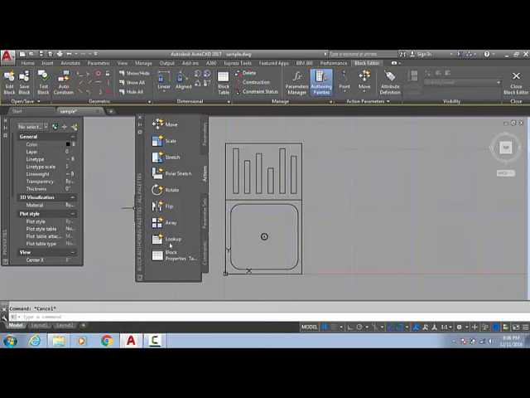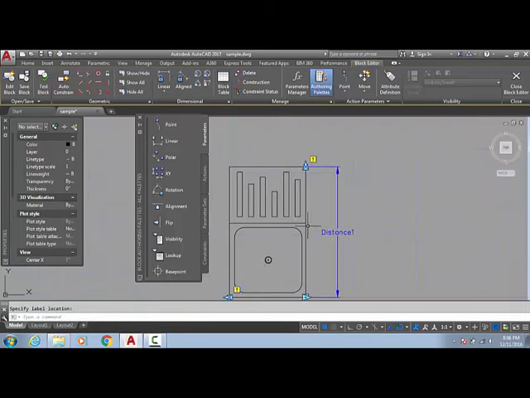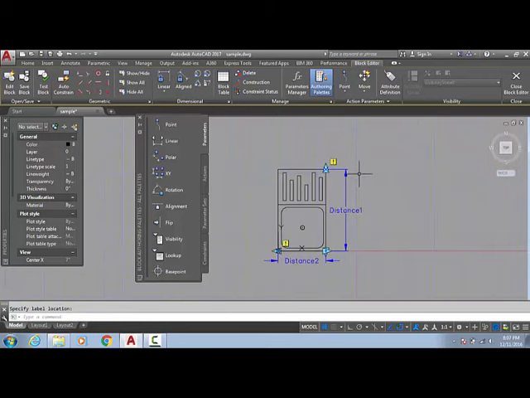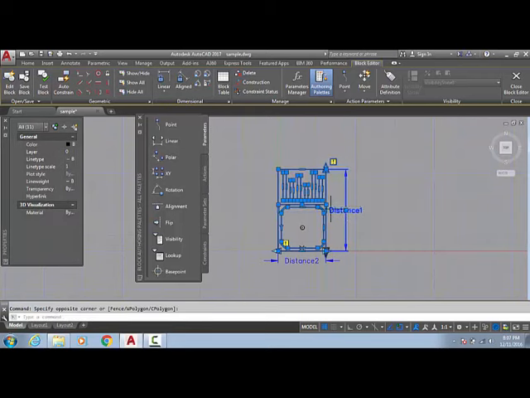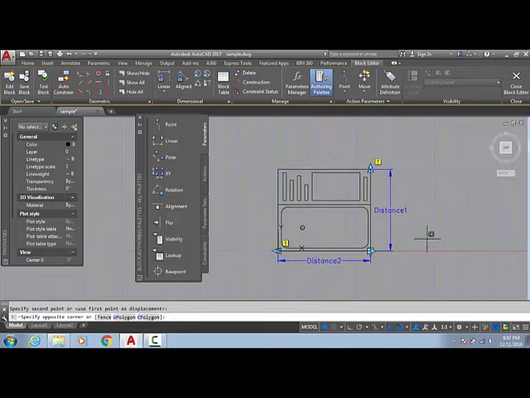Now I am going to again work on the lookup parameters. Before the lookup parameter you have to put some parameters like linear parameter, this one, linear parameter, this one, and okay, quite okay. With the stretch command, you could stretch like this, enter, or you can stretch like this.